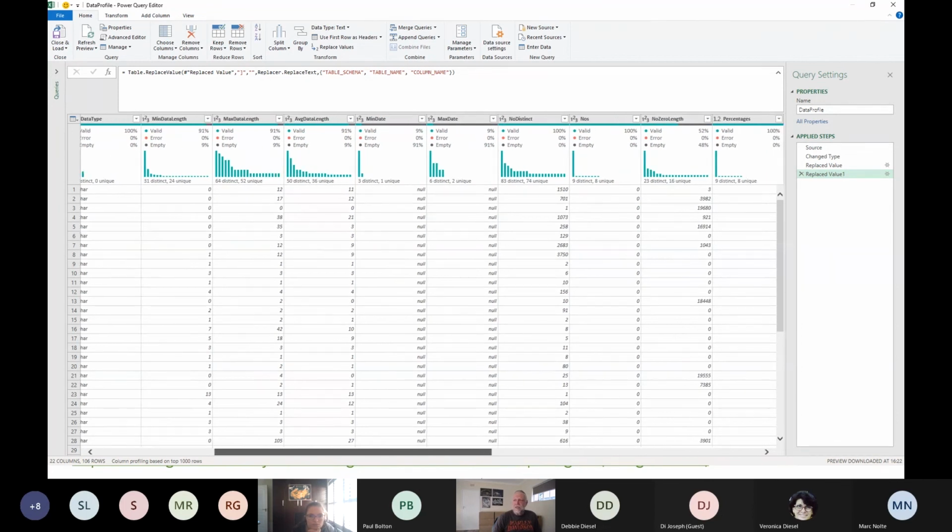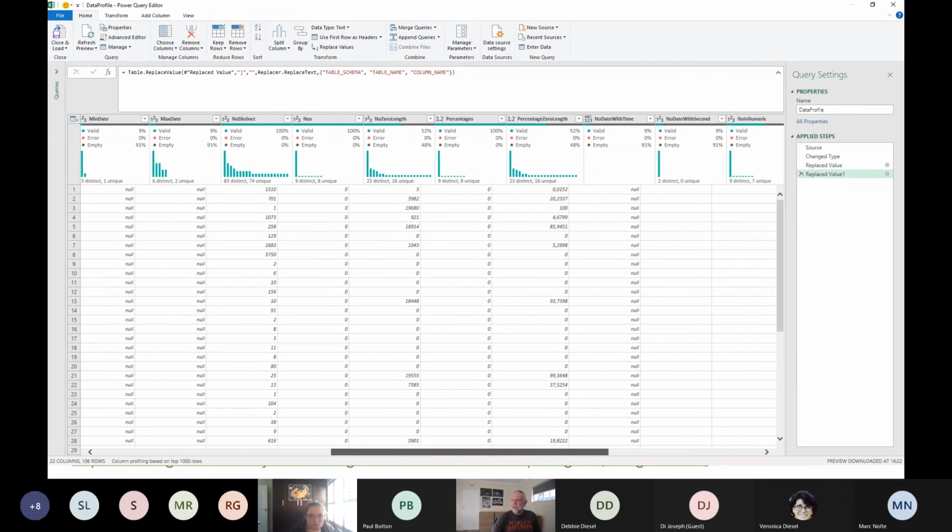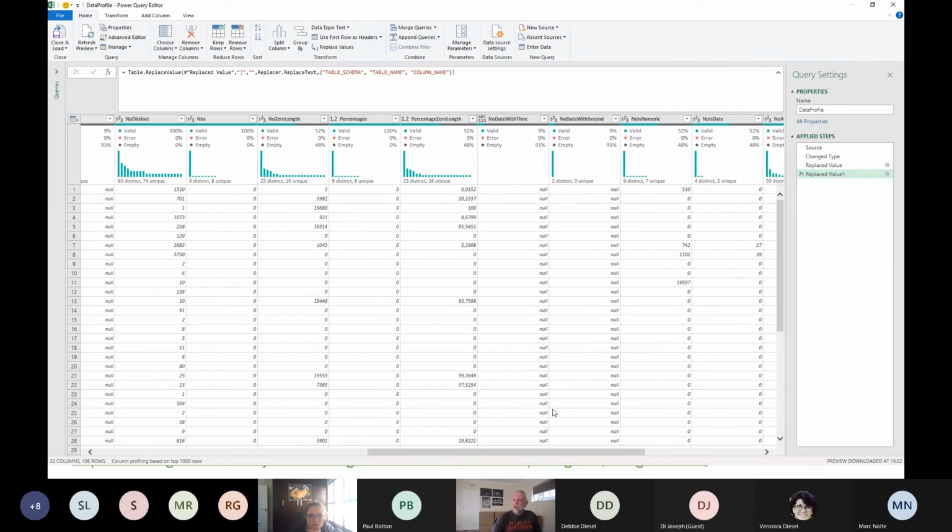What was the minimum date? What was the maximum date? The number of distinct values, no zero length, percentages in terms of this. So there's a whole lot of information that we get, and then what is zero lengths? You know, how many elements have got zero lengths? Okay, so that was